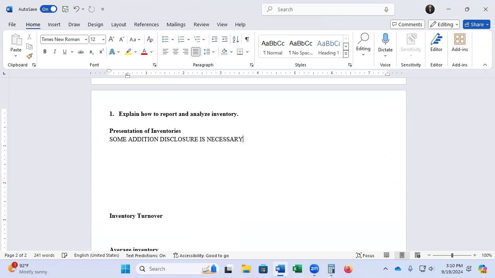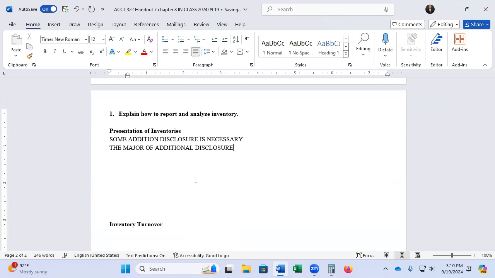The major types of additional disclosure are